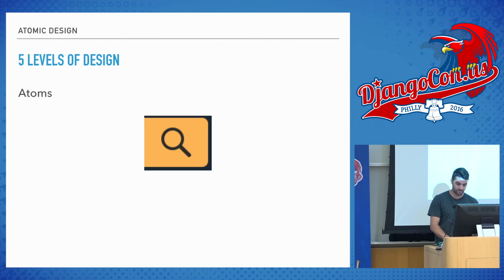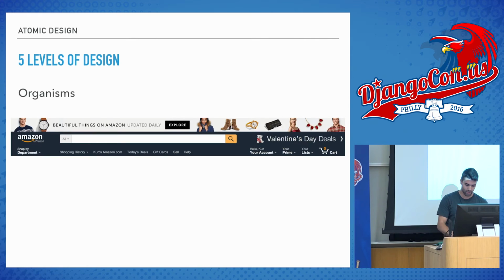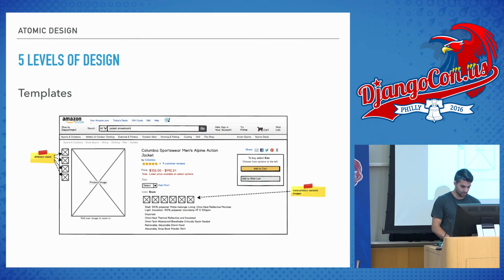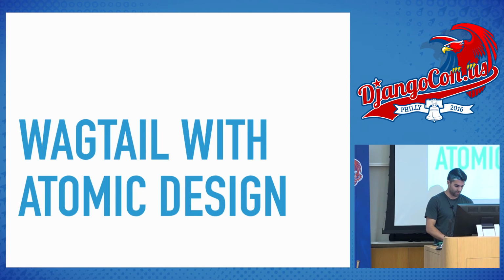An atom would be something simple, like a button, or maybe even just a heading. Molecules are a combination of atoms. Organisms are a combination of maybe molecules, maybe multiple molecules, maybe molecules and then atoms. However you want to define that within your own reasoning, guided by Brad Frost's Atomic Design. Templates would be just everything together. You can think of it as your Django template or something. And then a page is something that you have all the content in. So that's a really brief, oversimplified version of what Atomic Design is.